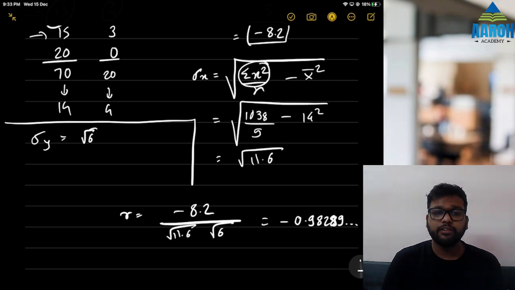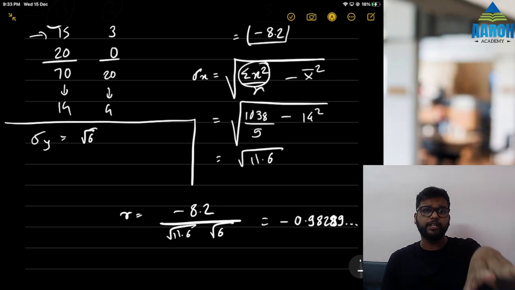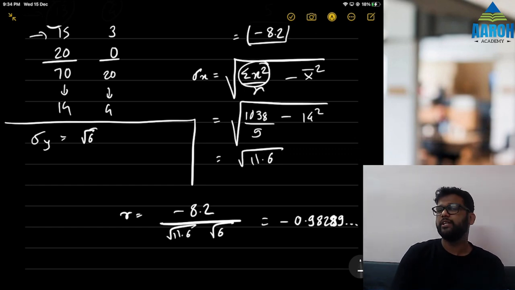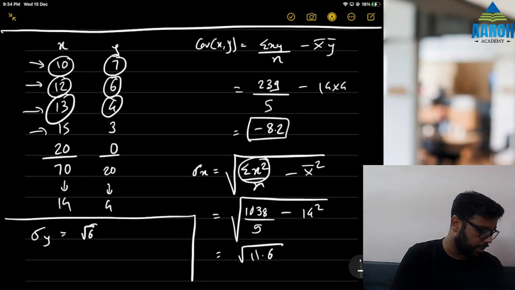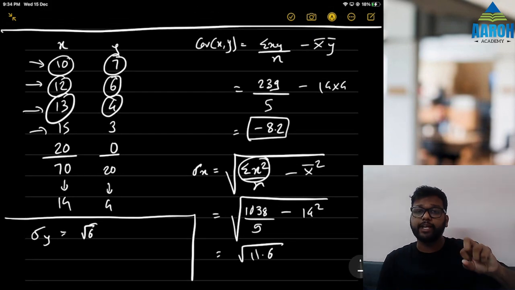Like I said, in the exam, getting this entire calculation of R is very unlikely, but still, even if one question comes, you should be able to solve it because it should not take more than a minute ideally. Fine. So this was R. R lies between -1 and +1. This was the second measure of correlation.